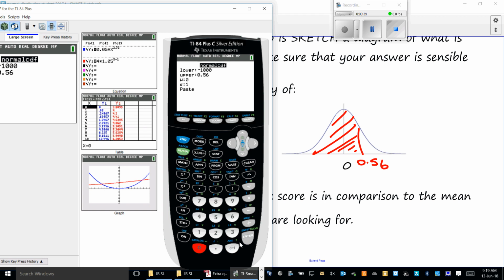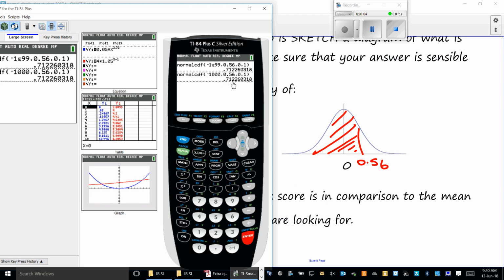Enter. Then our upper bound for this question would be 0.56 because that's the right-hand side of our shading. Our mean is 0 because it's standard normal, and our standard deviation is 1. We hit paste. It pastes it into the formula or the program, and we get an answer of